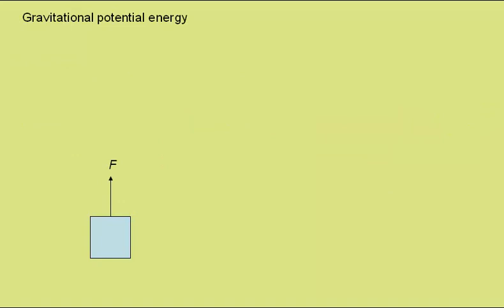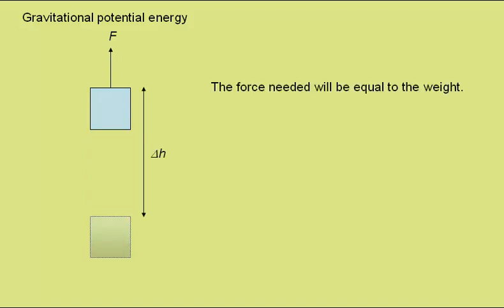We can use the idea of work done to find out how to calculate gravitational potential energy, the energy an object has due to its height. Here a force F acts vertically upwards on an object, and if the object is to move up at a constant speed through a height delta h, the force needed to move it at a constant speed must be equal